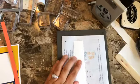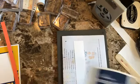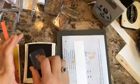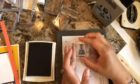For this one, I'm going to be using, let me just pick my color because I didn't pull it, Night of Navy. And here's the base. And I'm going to be stamping,